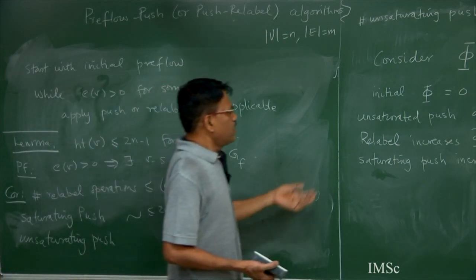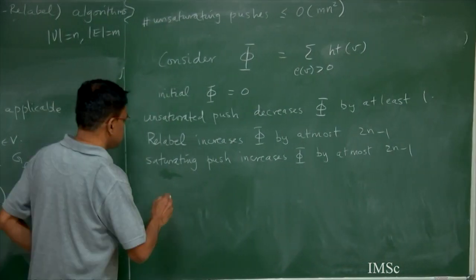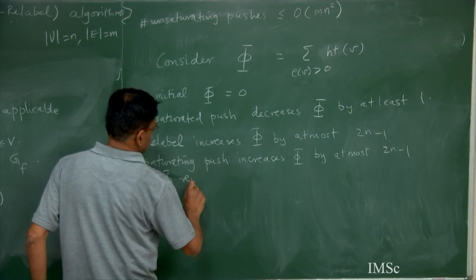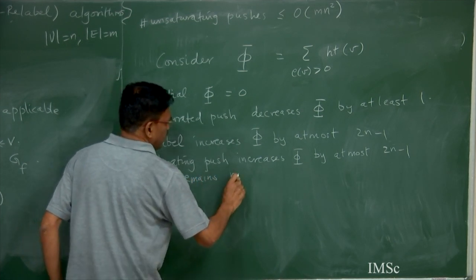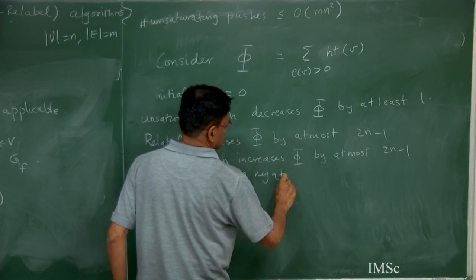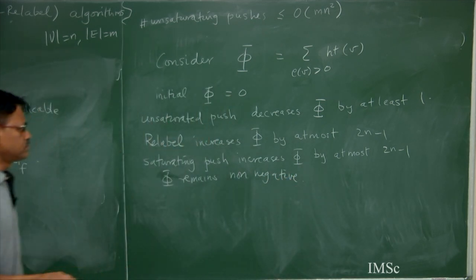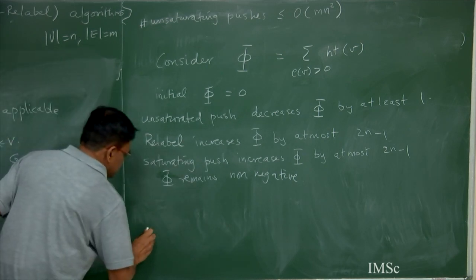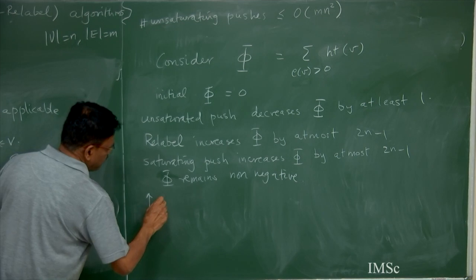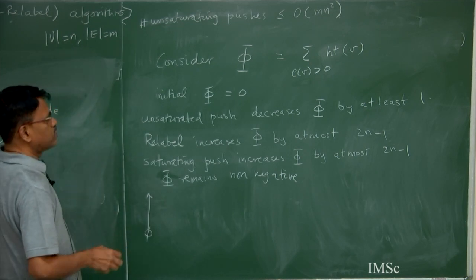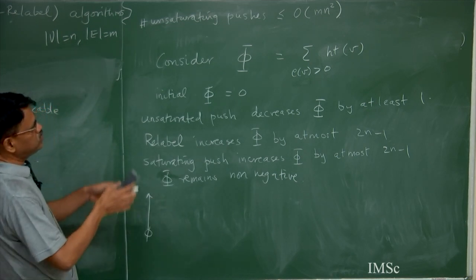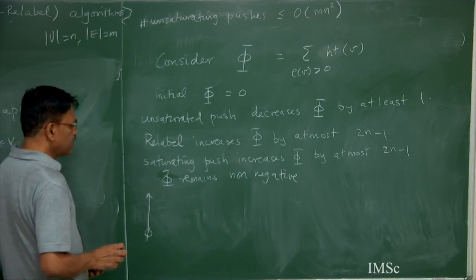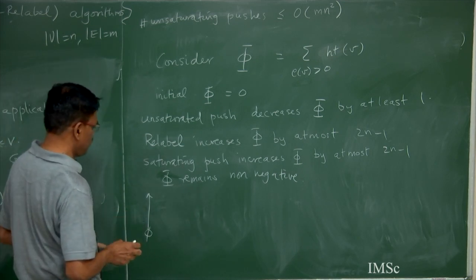And phi remains non-negative. So you can't have too many unsaturated pushes, because phi is a value which just goes all the way. Its maximum value is only about n square, but the number of increases, what I want to say,